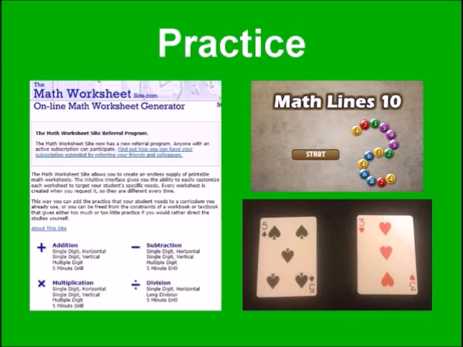Using a deck of cards can be very effective to help the child obtain and maintain mastery of single-digit addition. For example, if the child is finding adding 7 challenging, then make a red 7 and the black number cards, and flip the black number cards and have the child quickly add the value of the black card to the red 7. The child and parent can play a game where the parent gets a stack of one color of playing cards and the child gets a stack of the other color. Both can flip a card, and whoever states the sum of the two cards first wins the hand.